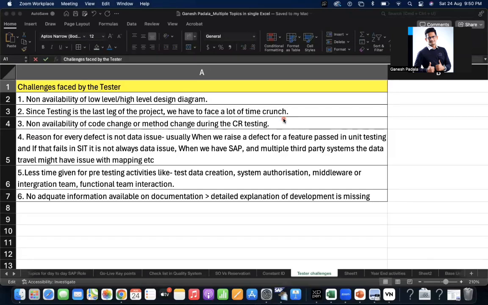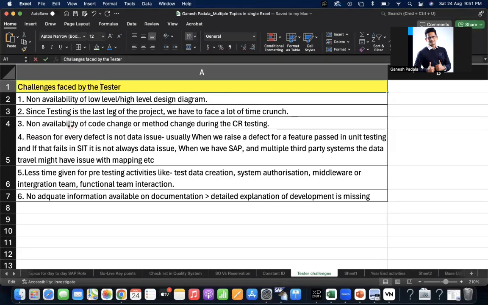When you get such a request, definitely you are not able to complete it and you have to work additional hours. Sometimes the testing quality also comes down, because you were supposed to run for 4 companies but you may run for 3, or you may not do the proper end-to-end with fewer lines of purchase order creation. These things may happen when the time is not sufficient for the team to do the execution. So these are challenges also faced by the tester.